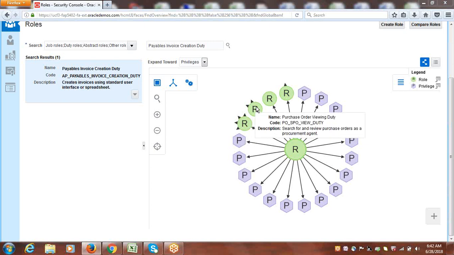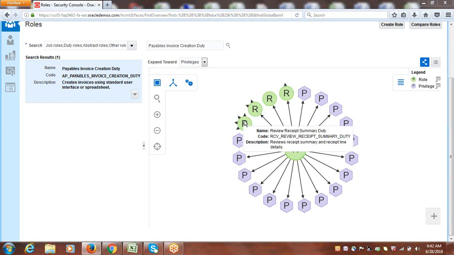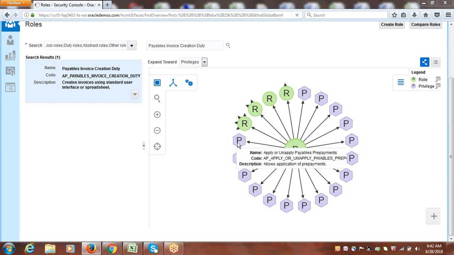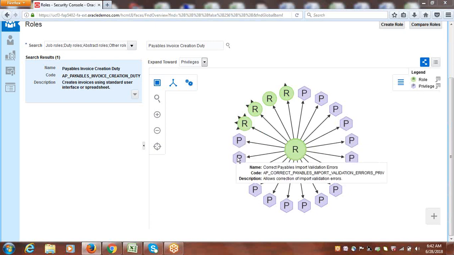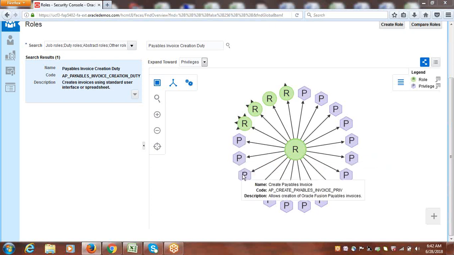This is a purchase order viewing duty, and this is related to just one. This is a review receipt summary. Okay, these are all the different privileges. So apply or unapply prepayment. Okay, correct payables invoice validations, and create payable invoice,